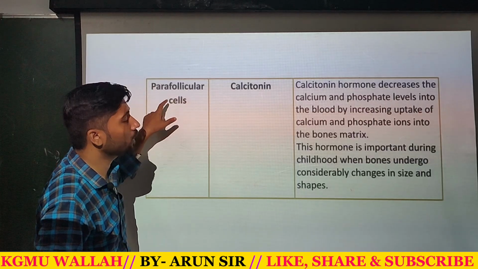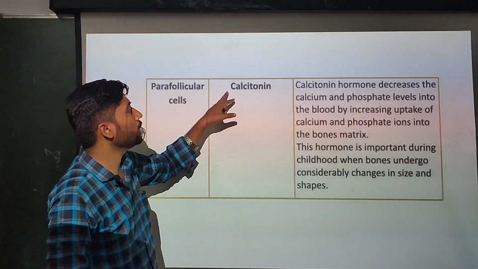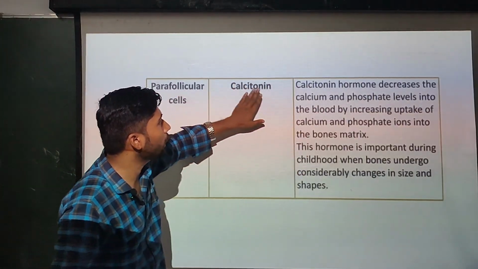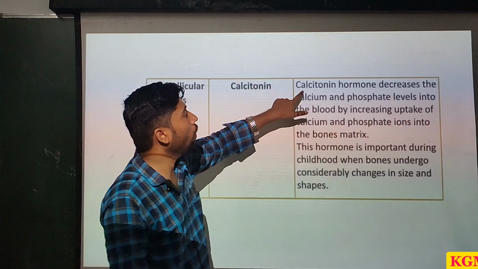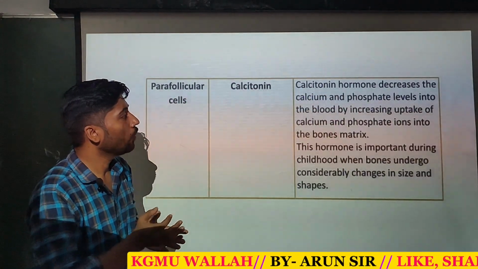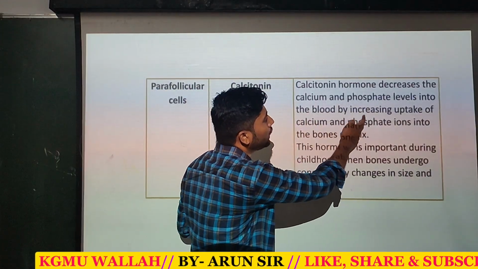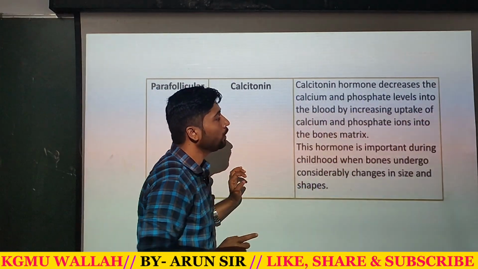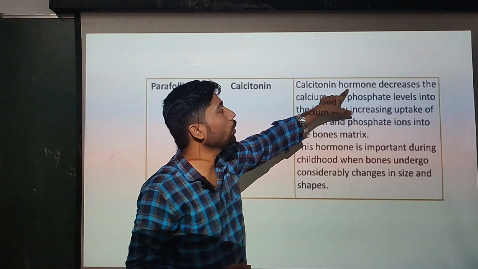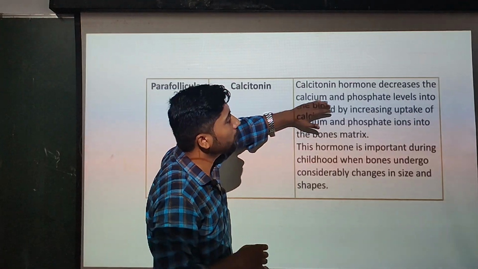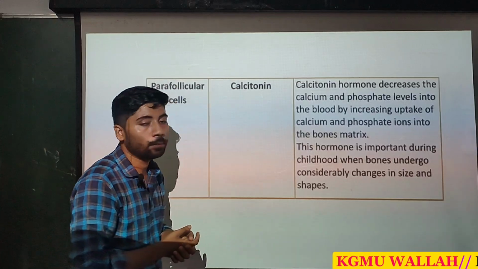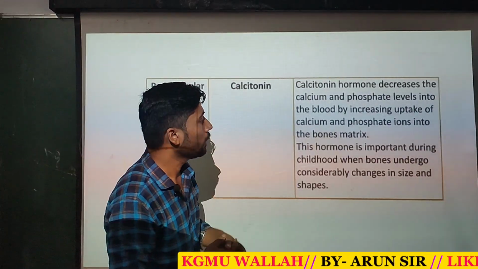second one, parafollicular cell. Parafollicular cells secrete the calcitonin hormone. And then what is the major function of that hormone? That is calcitonin. The calcitonin hormone decreases the calcium and phosphate level in your body by increasing uptake of calcium and phosphate ion into the bone matrix. Means calcitonin hormone decreases the calcium and phosphate level in your blood by increasing uptake of calcium and phosphate ion